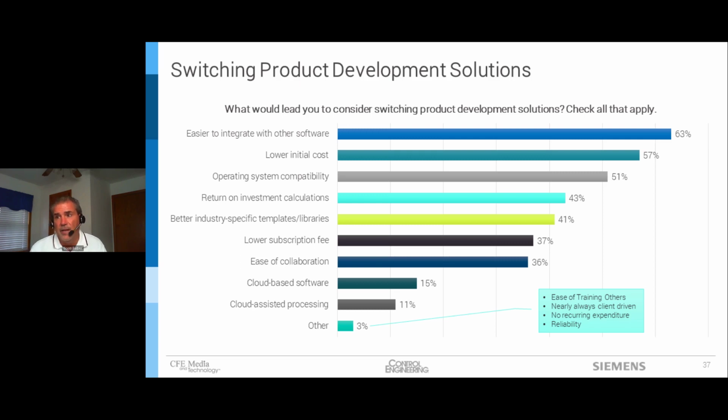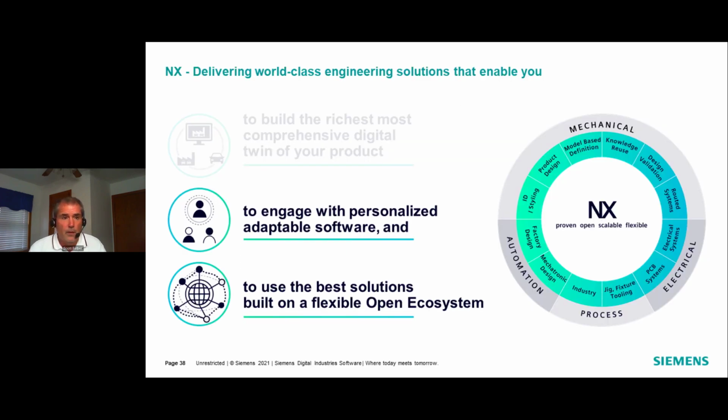We're getting very near the end here, but I have just a few more things to cover. Let us see what we're doing to make our solutions more adaptable, personalized, and modern, while also building them on the best flexible open ecosystem for our customers. First, we're using machine learning to accelerate design, and we have a new learning algorithm with our adaptive user interface, which makes the design process even more efficient by being able to predict the next command you will need. Also, we're bringing new and exciting ways for our customers to use the VR we just saw and AR across a large set of workflows. And we're addressing your business needs of how you purchase software.